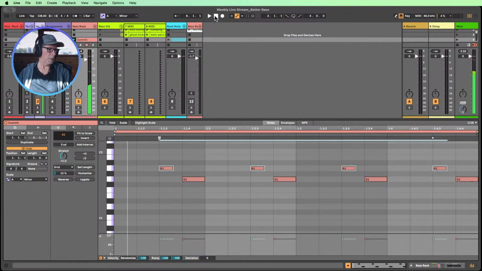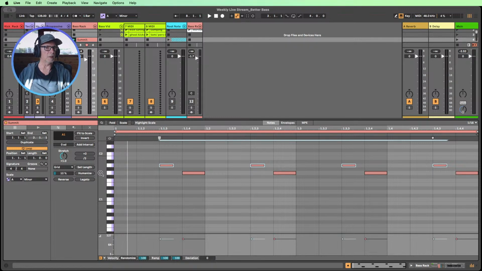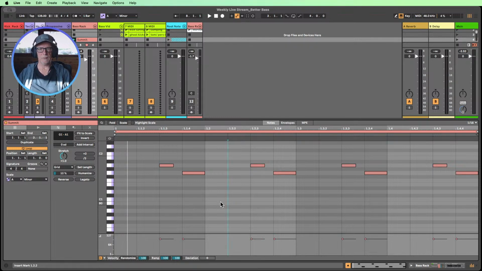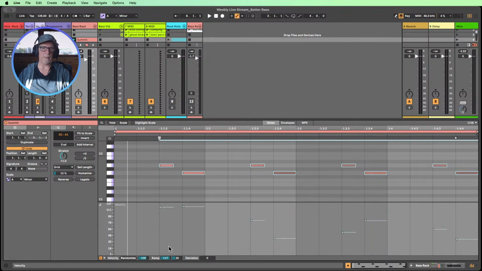so once again, if you've been watching the stream so far, you could slap me over the wrist if there's something I should have done already that I haven't done. And that is, as always, let's get a bit of velocity into it. We've got a bit of note length variation. We've got now a bit of pitch variation straight into the velocity. So what we can do, Ableton gives us lots of lovely tools now. We can come in here, highlight all the notes and ask Ableton to randomize them for us, which gives us a really random velocity pattern down here.